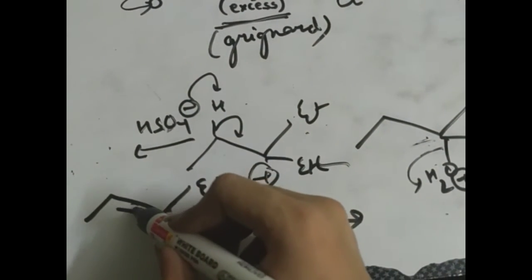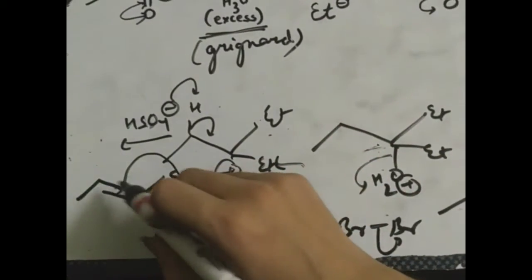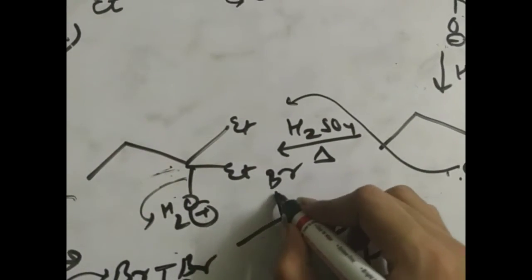In this, what will happen, this double bond will abstract one bromine. Okay, this is Br-Br bond. When one bromine is taken up by this double bond, another bromide ion is leaving. Okay, so simply a bromine is coming here, a double bond is opening, and the bromine will come here, and a positive charge carbocation will be generated here. Okay, tertiary carbocation will be generated. Let's say this bond has come up above the plane. Okay, as soon as this happens,